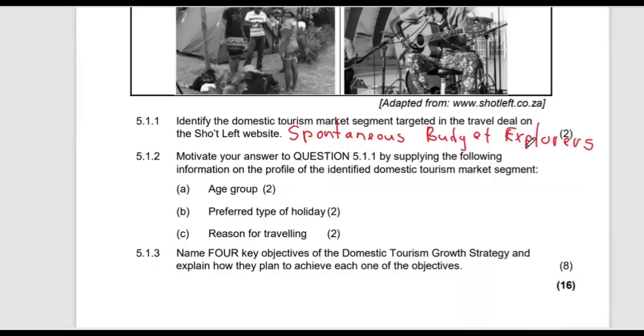So when we look at spontaneous budget explorers, we are looking at people who are usually, in terms of age groups, young, between the ages of 25 perhaps to the early 40s. Then they like to have a getaway